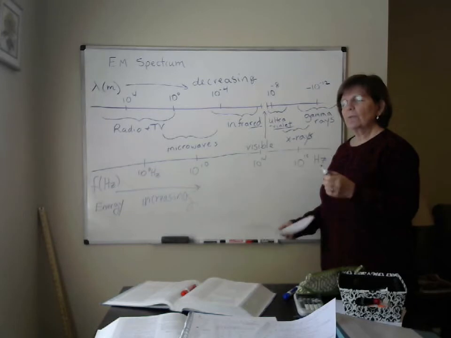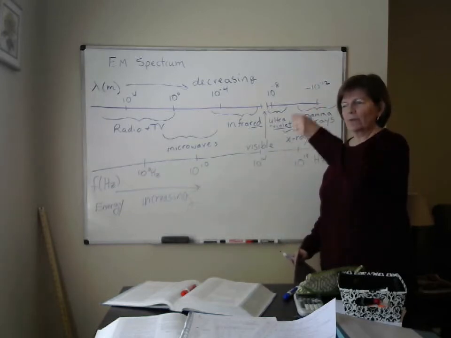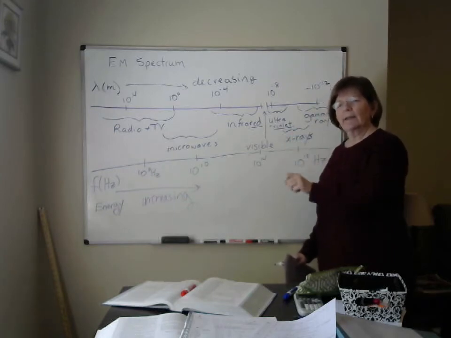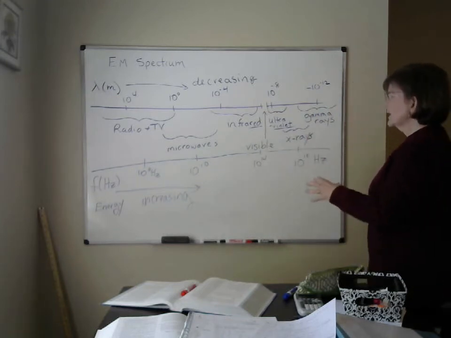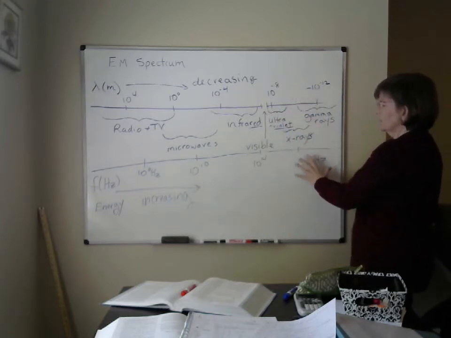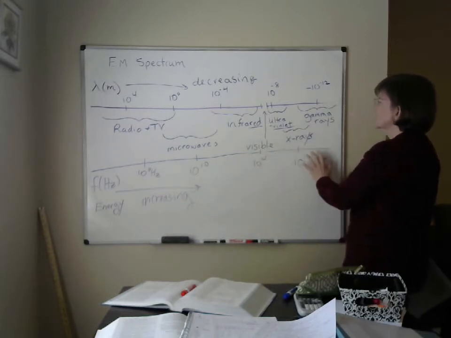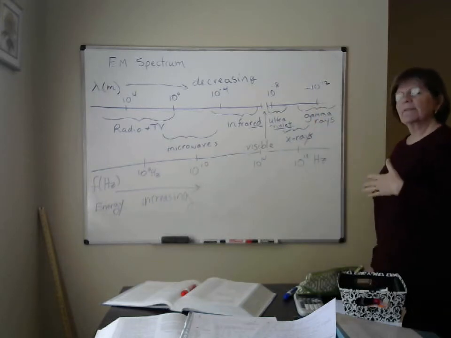If you were trying to create a wave and you had a given amplitude, it takes much more energy to have a high frequency wave than it does to have a low frequency wave. So, like I said, that's what makes this end so much more damaging. The energy is increasing, the frequency is increasing, but the wavelength is small enough to fit inside of a cell